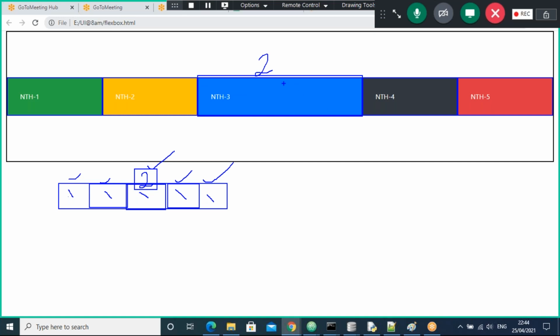If you observe, nth3 is double the size of the others: nth1, nth2, nth4, and nth5.